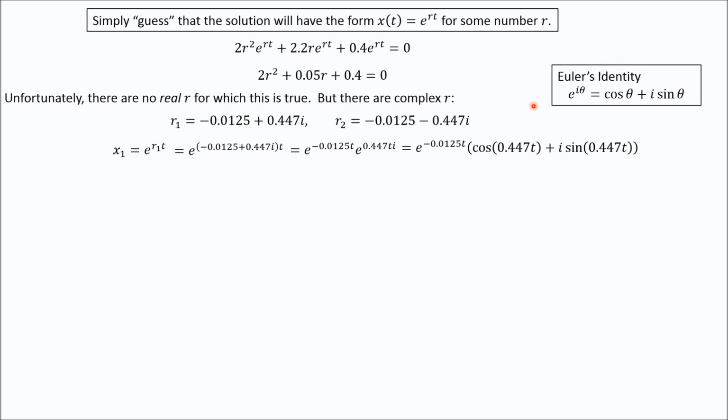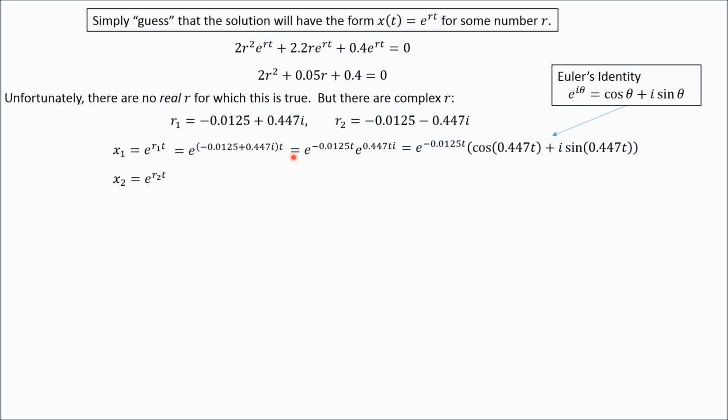Now this is still kind of troubling because we have an i in our answer, and we don't like having i in our answer because it's not clear what it means for our mass to be at an imaginary position. So right now this is not a physically meaningful solution. But if we just continue anyway,